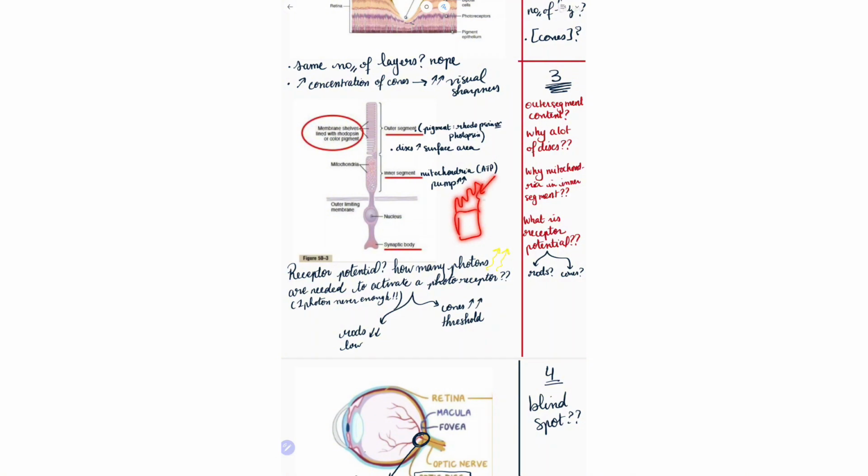These villi increase the surface area of absorption. And it's the same concept here. The more discs you have, the more surface area you have to add a lot of pigments. That's it. As for the inner segment, you have a lot of mitochondria. Now you're going to ask me, why is there a lot of mitochondria here and not here? Well, basically,